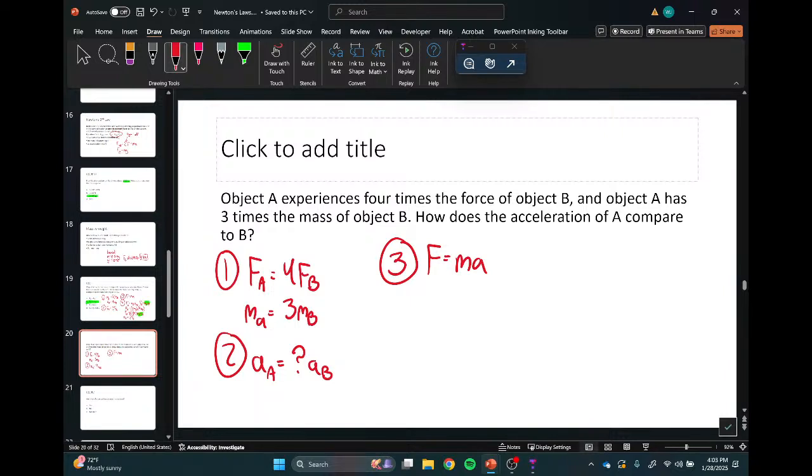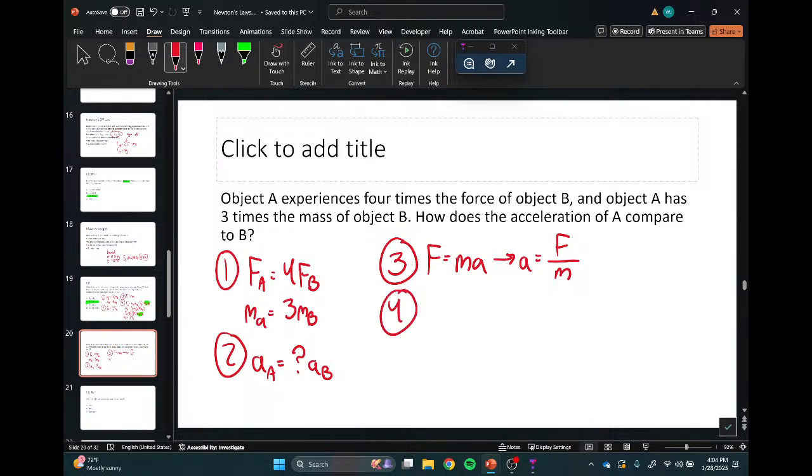We are still going to use the relationship between force, mass, and acceleration, F equals ma. However, before we start putting in numbers, we care about a, so we're going to rearrange this equation for a. You want to rearrange it for the variable you care about. So a equals F over m. More force, more acceleration. More mass, less acceleration. That's what this equation tells us. Force being on top means as that goes up, acceleration goes up. Mass being on the bottom means as mass goes up, the acceleration goes down. Again, the equations mean something, and these problems help us get a sense of what they mean.